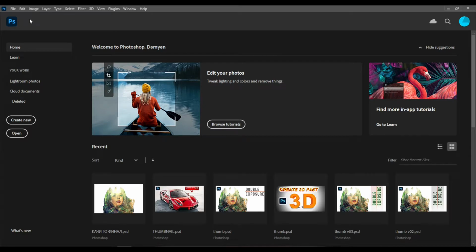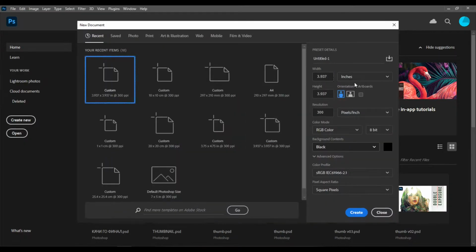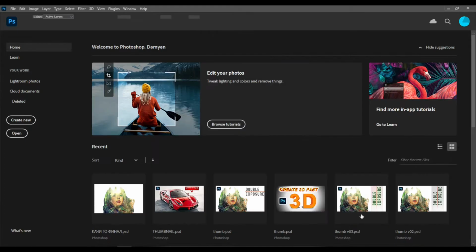So let's create a new document. Either hit create new or go to file, new, and set it to, let's choose centimeters, 10 by 10 centimeters, 300 pixels per inch, and for the background contents choose black. Then click create,